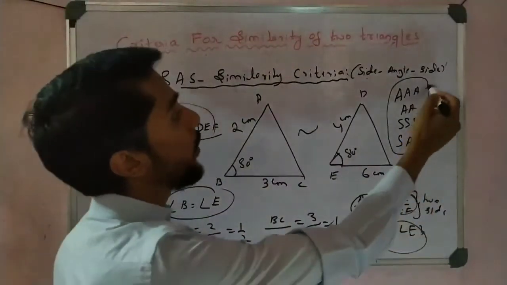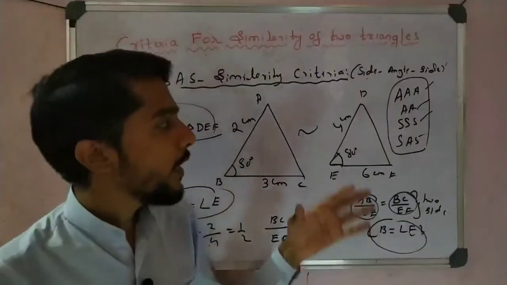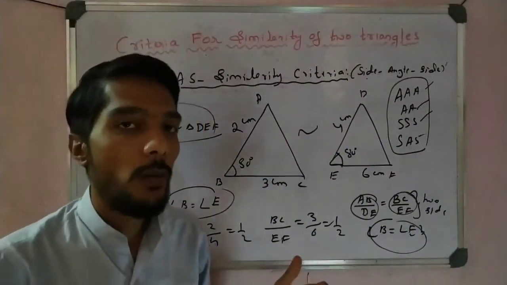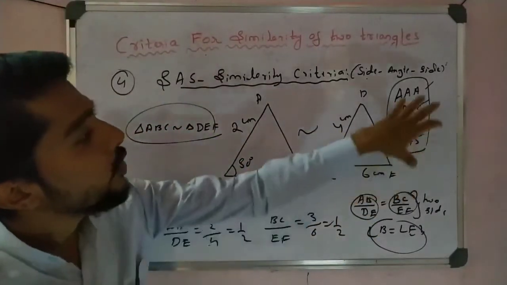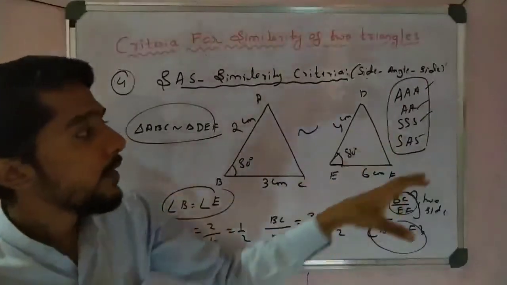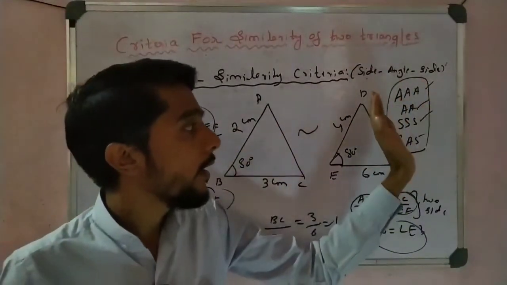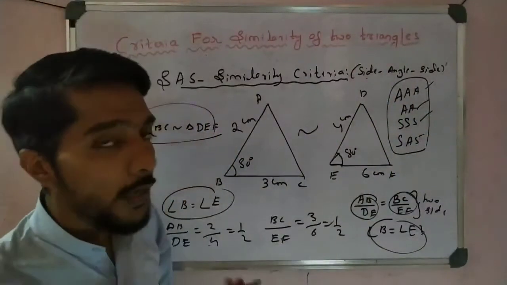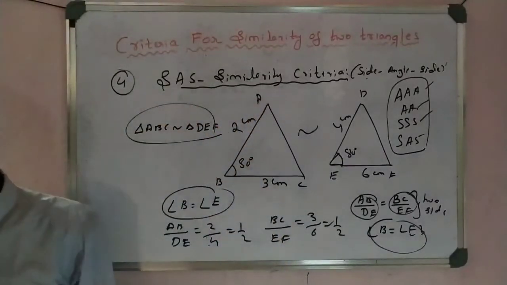So first check one by one, and you get the idea. By solving many examples, you get an idea of how to apply these theorems to particular problems. So please write down the fourth one, SAS, and then the summary: four types of criteria are used for similar triangles. One is angle, angle, angle, another is angle, angle, then side, side, side, and side, angle, side. So please write down. Now we take some very important examples.